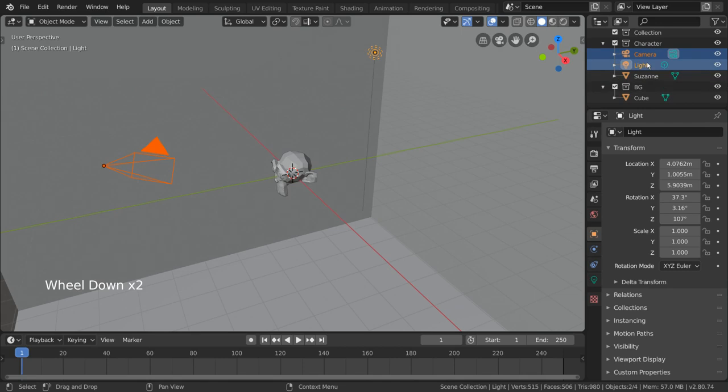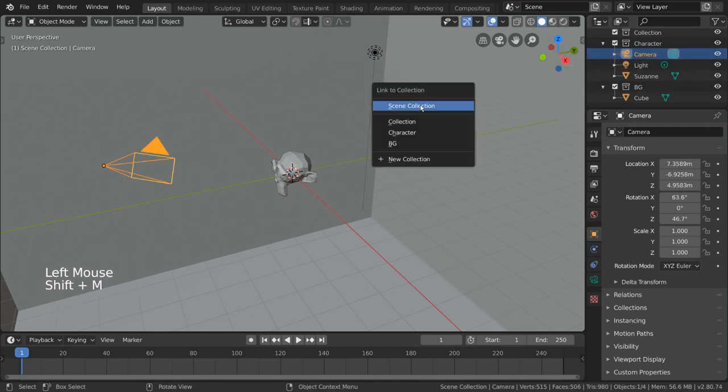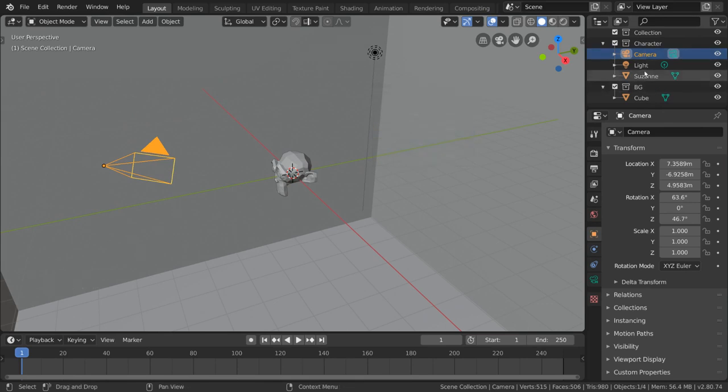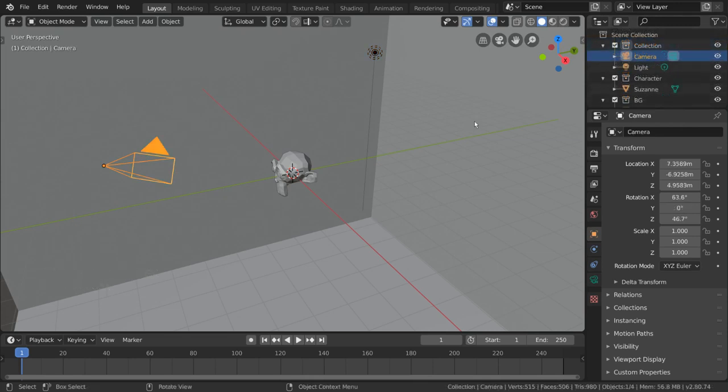While it is possible to link objects to more than one collection using the Shift-M hotkey, a preferable way is to use collections within collections. Let's take a look at how that might work. First thing I'm going to do is rename our collection to car/BG, car being short for character. If we were to simply drag the character and BG collections into our car/BG collection,